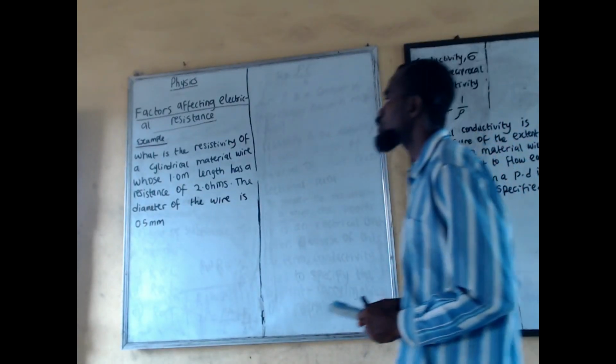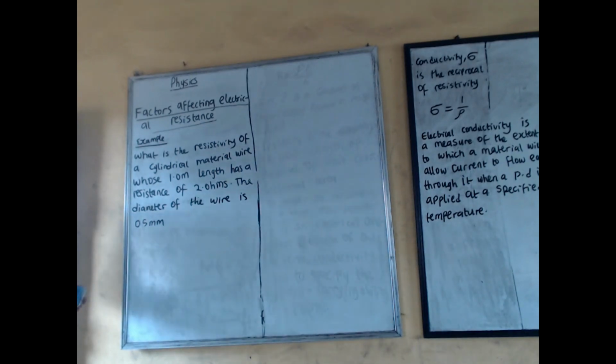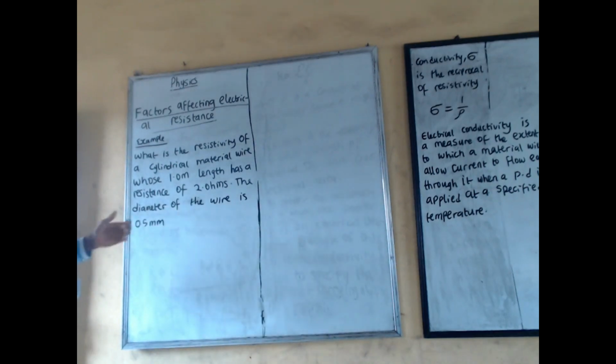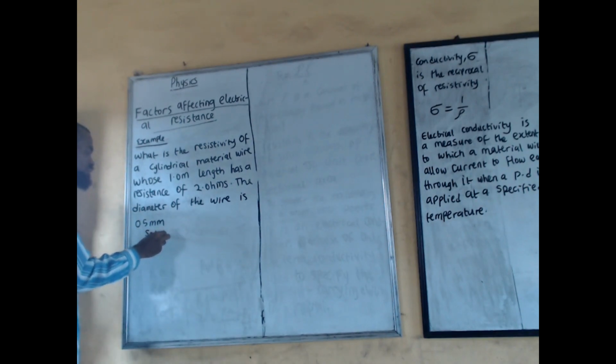So we have a question on the board under factors affecting resistance of a wire or a conductor. It says, what is the resistivity of a cylindrical wire whose 1 meter length has a resistance of 2 ohms? The diameter of the wire is 0.5 millimeters. So you are seeing resistivity, the nature of the material, and the shape is cylindrical, and it's a wire. Now quickly we run to the formula, which we got as R is equal to rho L